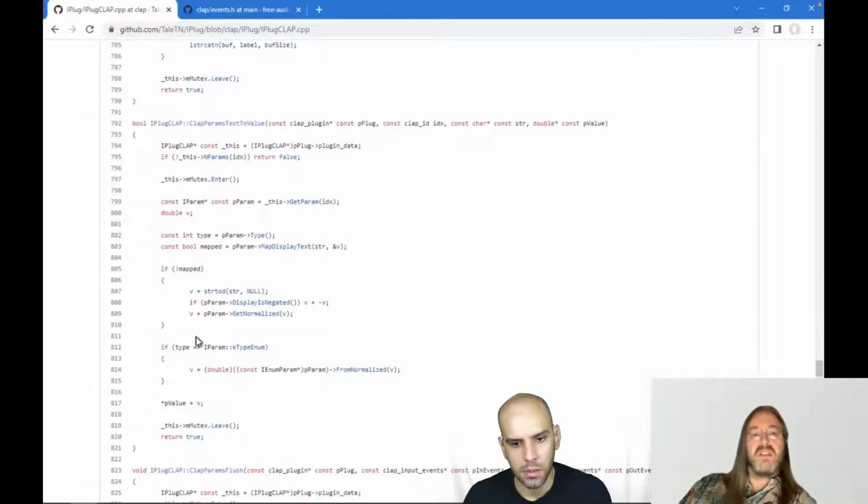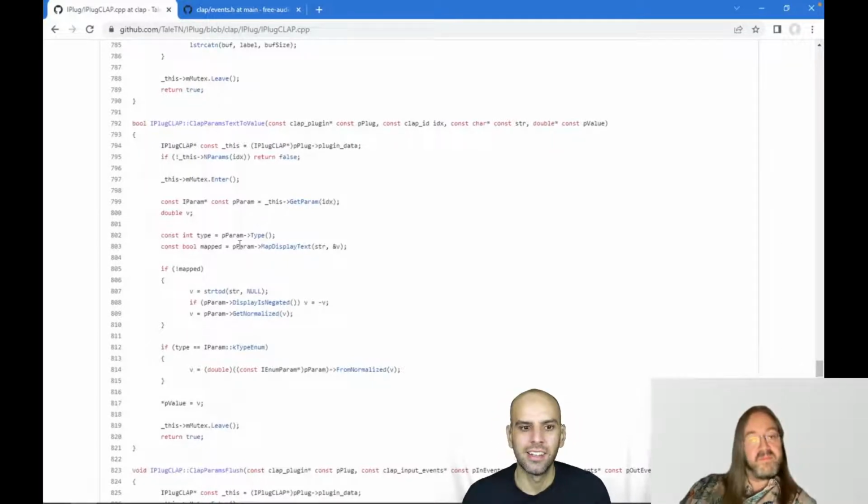And of course, this is in a framework. So usually you won't want to do this yourself. Usually you will want to use a framework like iPlug or Juice or whatever. And then, of course, you don't have to worry about all this. So it's just because we're looking at the framework code that we're now seeing this.